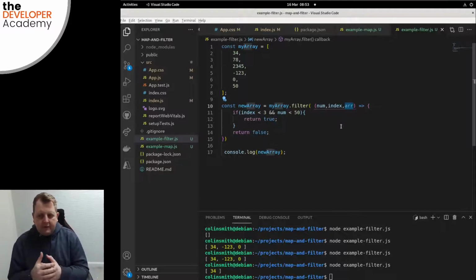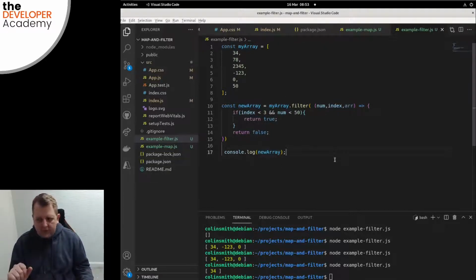So it might well be that you want to actually change the array and move the array around. If you want to use that, then pass that arr through as well. So that's filter. And filter will create you a new array and you can do something with that. Oh, great. Now, if you wanted to actually modify and look at these values, there's another function called the map